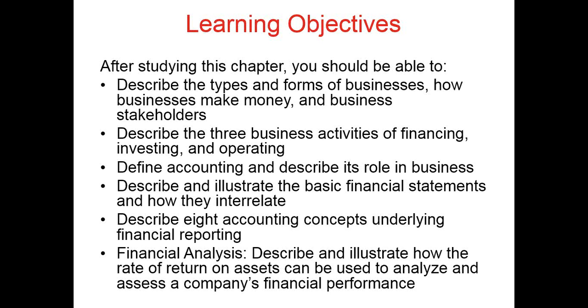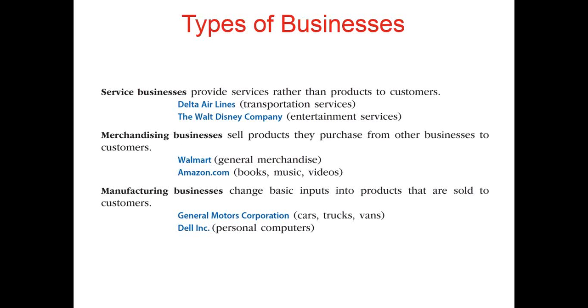The major types of businesses are service businesses, merchandising, and manufacturing businesses. The book does a good job of describing those business types, so I'll just make a couple comments. The businesses mentioned in the book are all large national companies, but let's look at smaller companies also. In service businesses, you can think of your local hairdresser. A merchandising business might be your local hardware store. In manufacturing businesses, well, the big one we think of is AK Steel right here in our area.